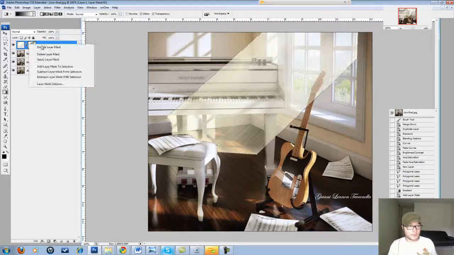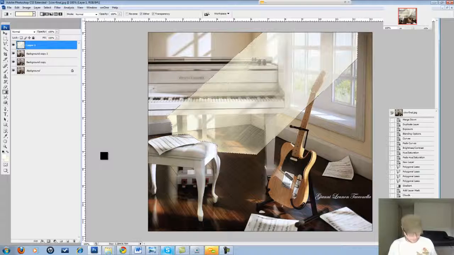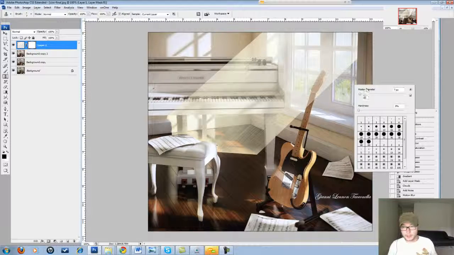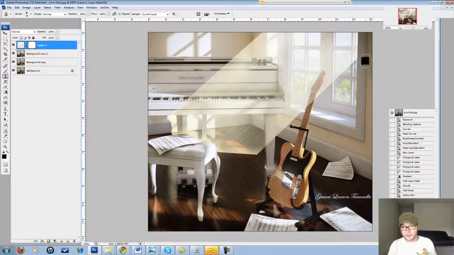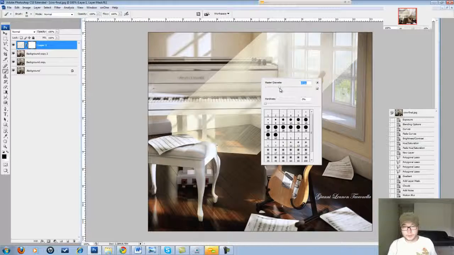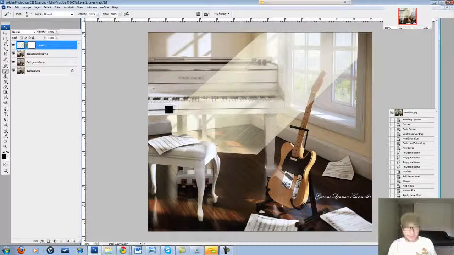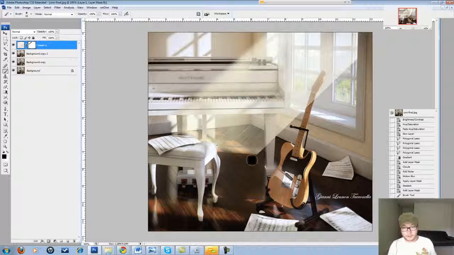Okay, and I'm going to apply this layer mask right now. Control D, and I'm going to deselect. I'm gonna add another layer mask, and I'm going to correct this a little bit here. Something like that. I'm gonna press Shift to go on the straight line, and Shift again, and this here, Shift